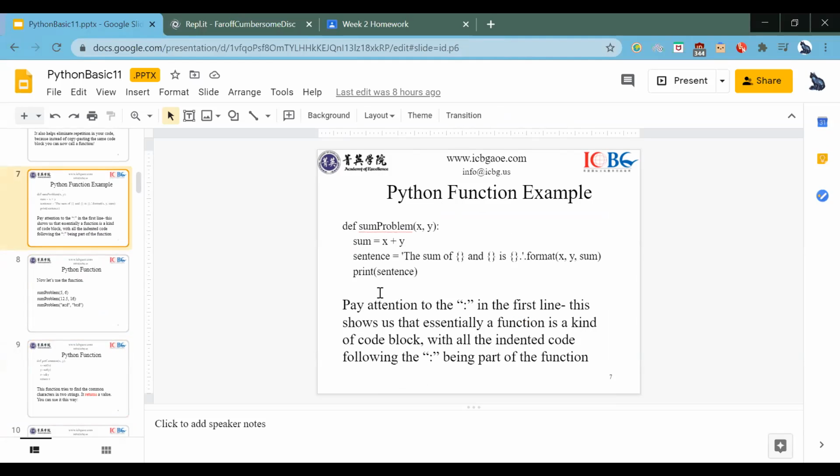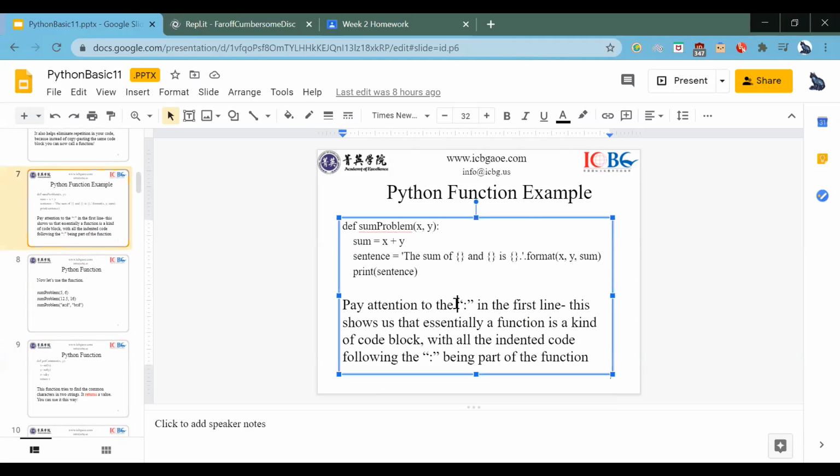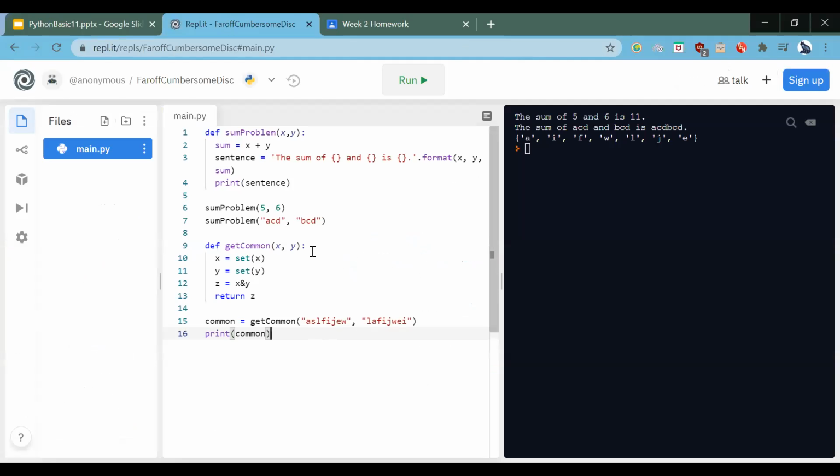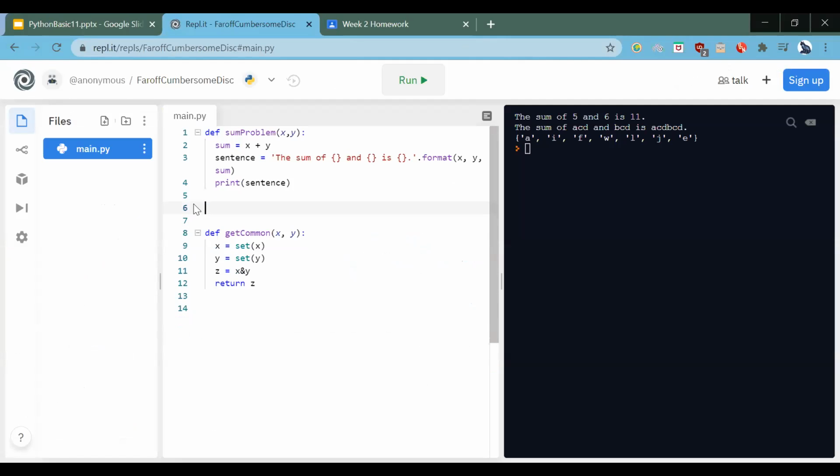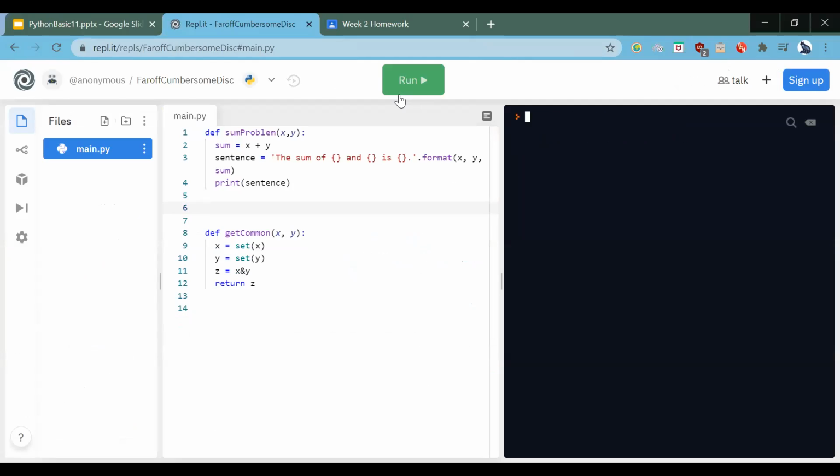Another thing to keep in mind is that this denotes that it's a code block, right? Everything indented after we call this is part of the function. And here when we were using this function, we have these two functions in here. And if we run it,